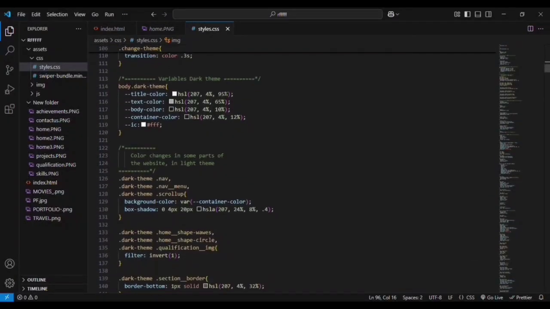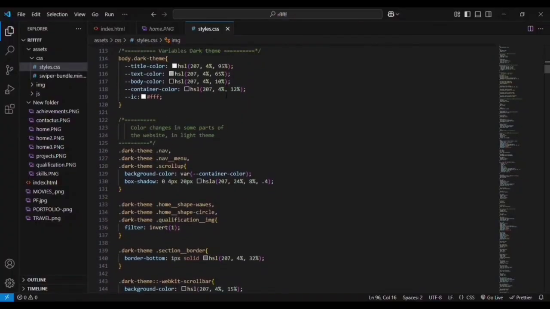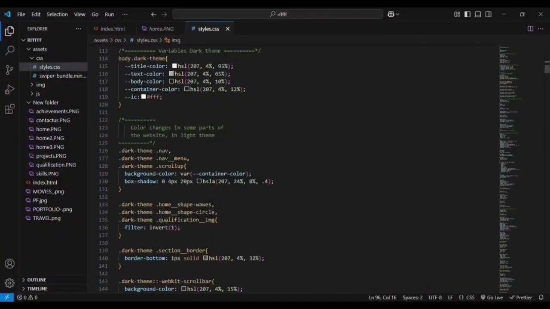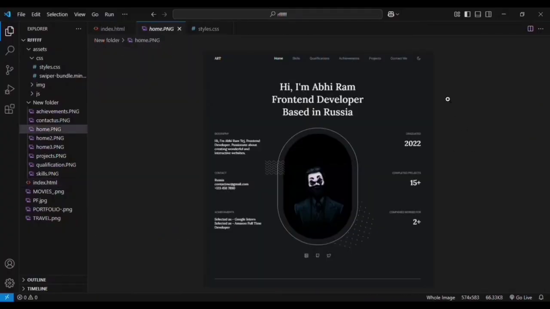Then for the dark mode, whenever you click on this button, it will change into dark mode, right? So the dark mode should have different colors than the light mode colors. Let me tell you about when the dark mode colors will be applied. Whenever you click on this menu icon, you have this theme change moon icon, right? So whenever you click on this icon that is located at the top of the button, what will happen